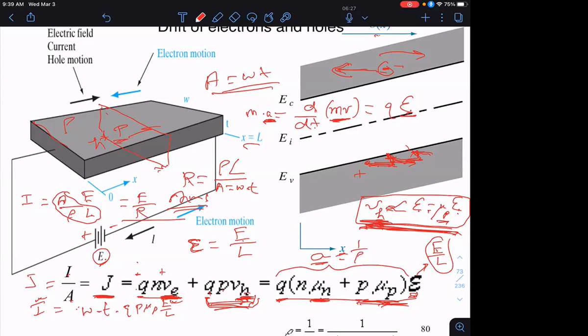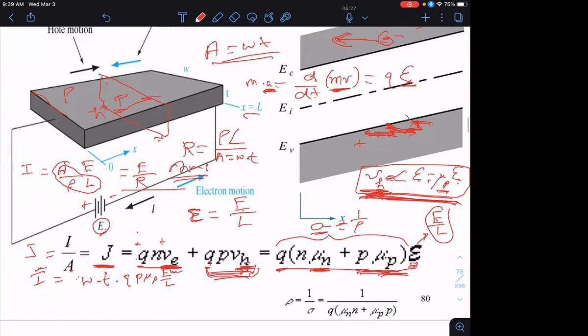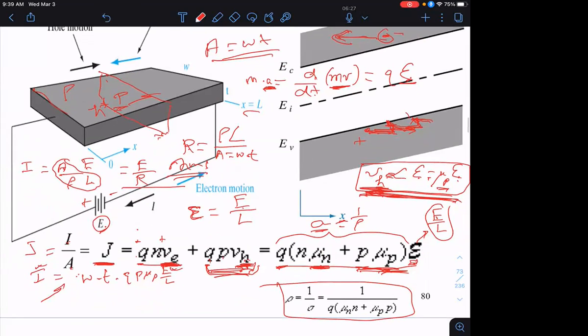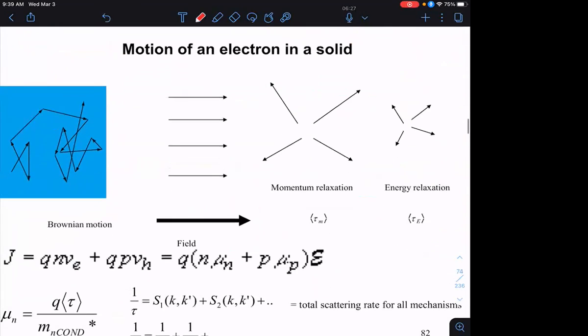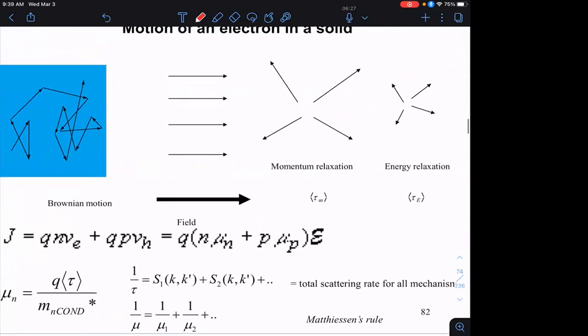Okay. All right, so this is the expression for the resistivity, which is the reciprocal of the conductivity. Okay. This is a very important expression. In the midterms, there's a good chance that I'll ask you to solve problems using expressions like this. All right, so this next slide gives you a little bit more detail about the scattering events that